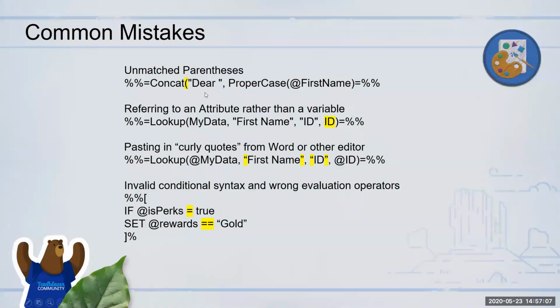And then you move it to the Marketing Cloud interface. Another mistake is referring to an attribute rather than a variable. Whenever we use lookup functions or any functions for that matter, we are quite used to just putting the variable name, and we might forget to put the @ symbol. If you don't use the @ symbol, and there is actually an attribute with that name, it will automatically evaluate to that value. So you might have meant @id, but if you put id and there is an actual id field, that is the value that will get evaluated, and you will not even know there is an error. So be very, very careful on how you use variables versus attributes.